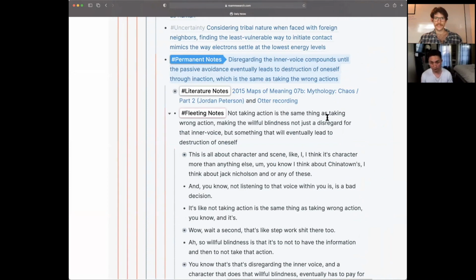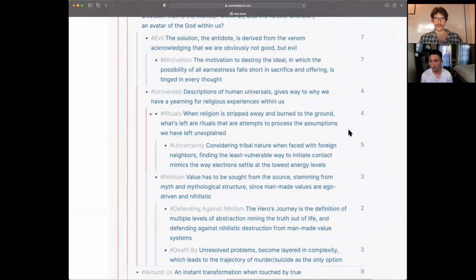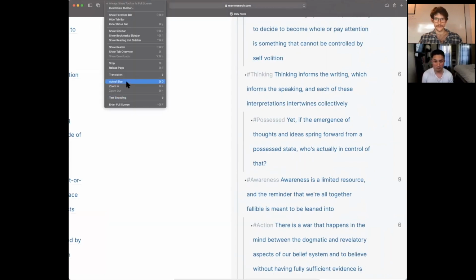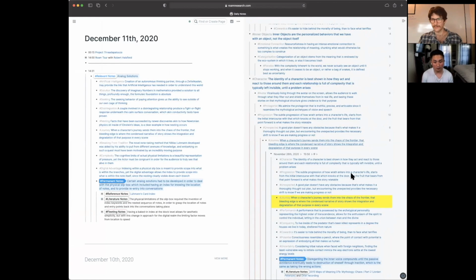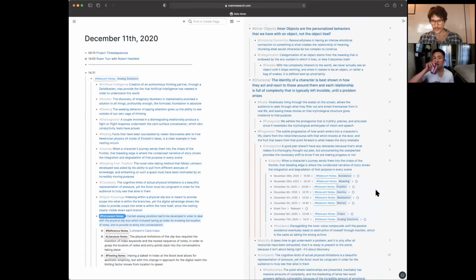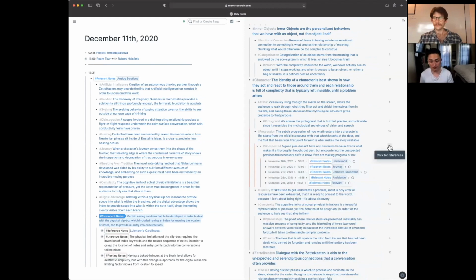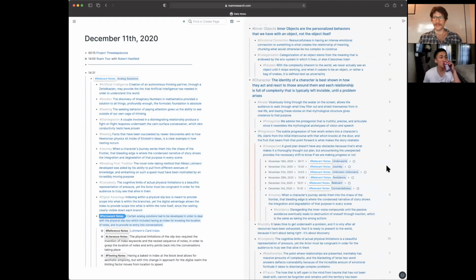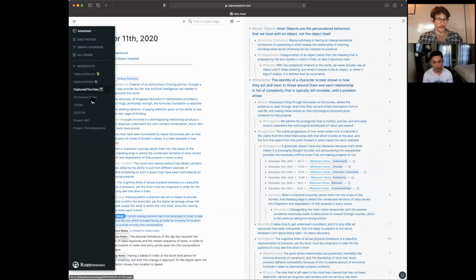Wait, can you go back to where you just were, actually, if you don't mind? Where you were showing the inline block references. Because I want to point out a general principle that I think is really cool, and I think people can learn from. There's this idea of exploratory search. How do we find things when we don't know quite where to find them, and we don't know exactly what we're looking for, but we've got a pretty good feeling that we're looking for something,